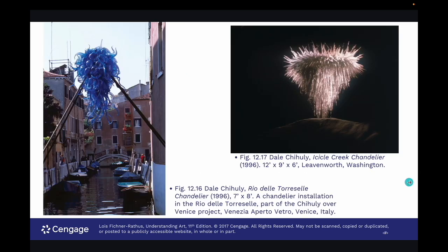And Dale Chihuly was an artist who is famous for his glass installations. He's known for making these really beautiful chandeliers of these pieces that are sometimes installed in public spaces, gardens, things like that. He had a whole team of people that helped him make the pieces and assemble the pieces. They seem to kind of defy